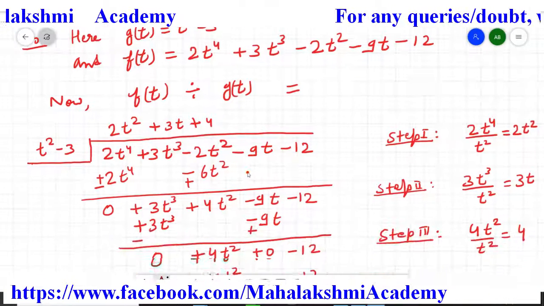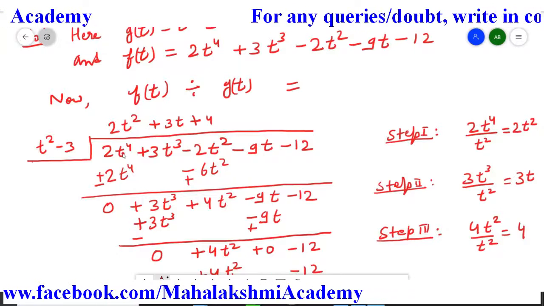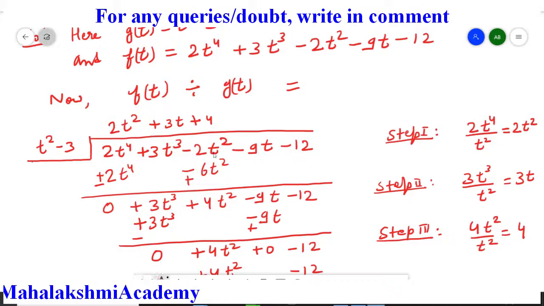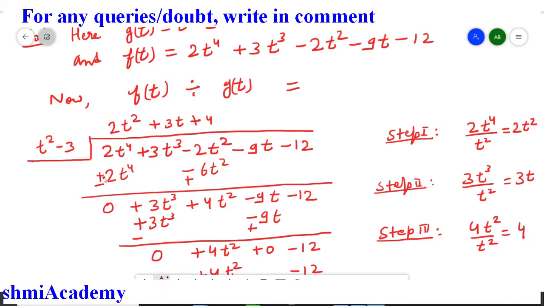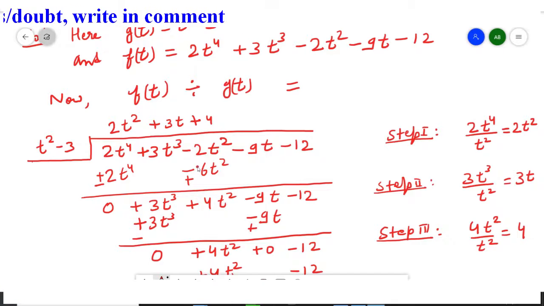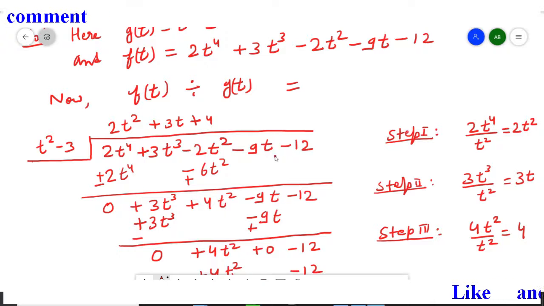And so when you write down the product, take care that it should adjust under the same variable, same power, means like terms together you have to write down. Then just do the sign change, subtract them, you will get 0. This 3t cube as it is, and here also plus minus, you have to do minus sign of the big number, and this as it is, 9t square and minus 12 as it is.